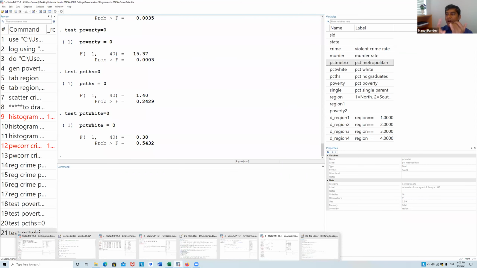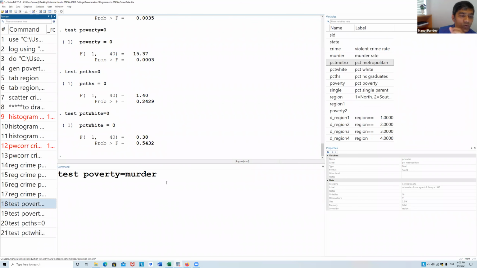So what we learned so far is how to do regression, and then how to test equality of coefficients, and how to test if a coefficient is equal to 0. So basically you are testing the null hypothesis beta 1 equal to 0 or beta 1 equal to beta 2. The first one we did is beta 1 equal to beta 2.